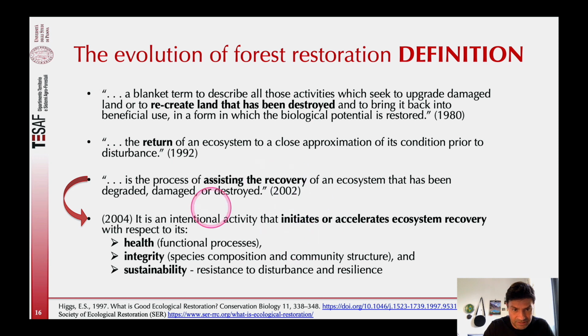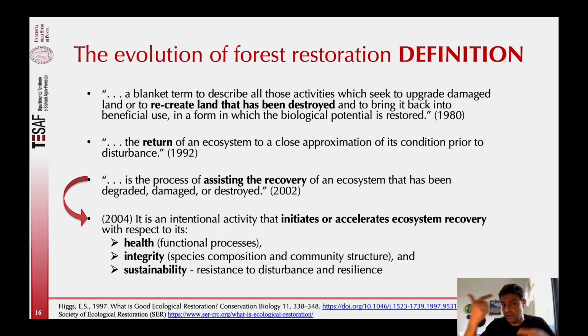But then we saw a jump in this century. We saw a jump in the concept. So the restoration concept changed, and nowadays it's pretty much focused on accelerating the natural relationships in the ecosystem, to accelerate the recovery of this process. Thinking on three main categories, which is the health. So here we are talking about ecosystem services, the function of the forest, or the function of an area in the process of